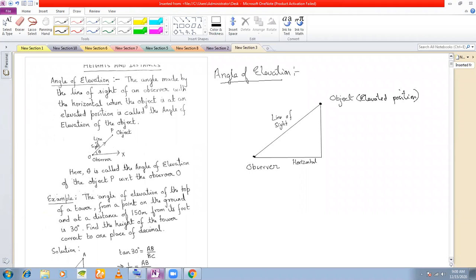the angle of elevation. Okay, so therefore this is the line of sight,